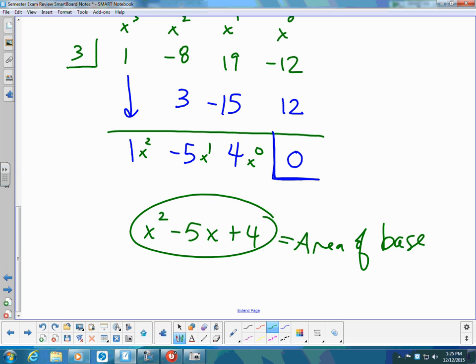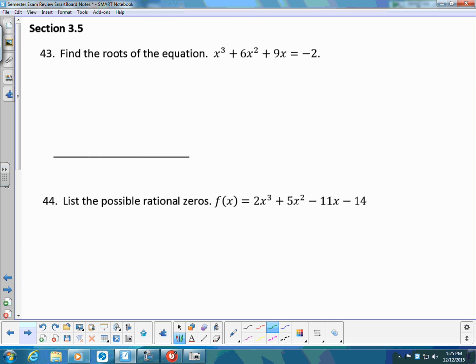All right, let's take a look at number 43. We're in section 3.5. It says find the roots of the equation x cubed plus 6x squared plus 9x equals negative 2. Well, to find the roots of the equation, let's add 2 to both sides. If we add 2 to both sides, we get x cubed plus 6x squared plus 9x plus 2 equals 0. I don't think this one's going to factor by grouping, so if we're going to try and find the roots,